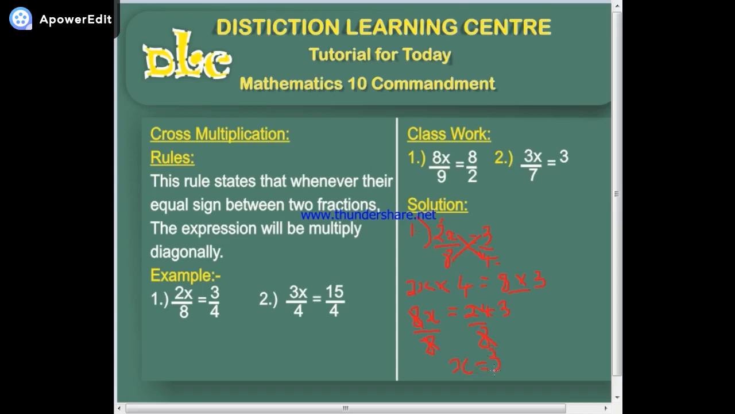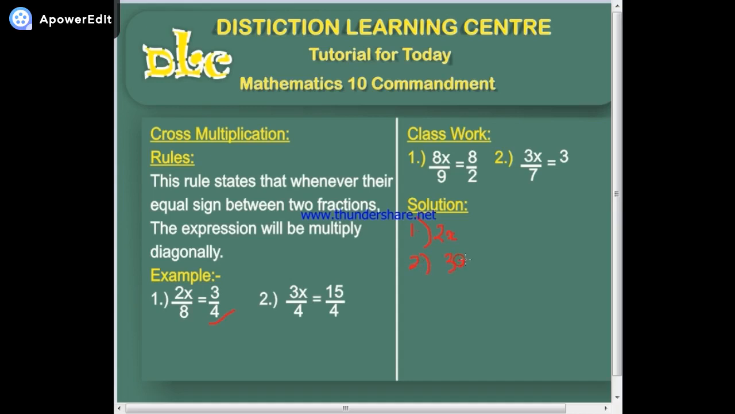So do you understand? Do you understand what cross multiplication means now? So that is what we call cross multiplication. Now let's move to the next question, which is question 2. We have done question 1. Now let's move to question 2. Question 2 goes like this: